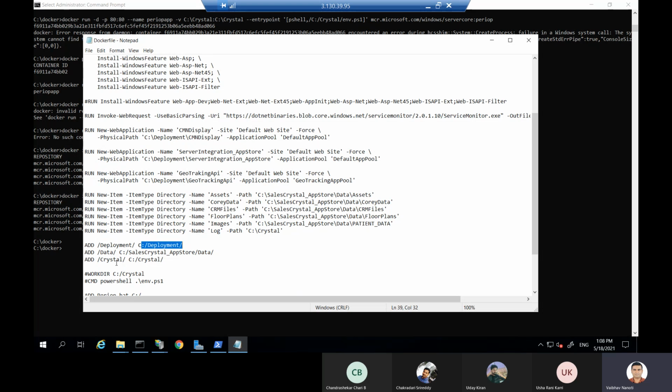Because this development has different subfolders, the physical path goes to that particular location, and the pages and data are going to be copied into this location as per the developer's requirement. The crystals are also going to be copied into the C crystal location because it contains the logs and some other things. So I have just added these 3 from source to destination.